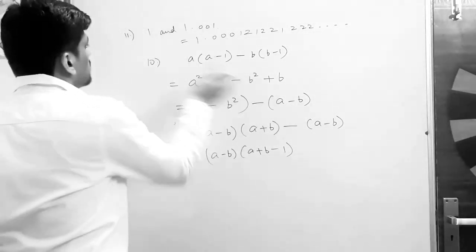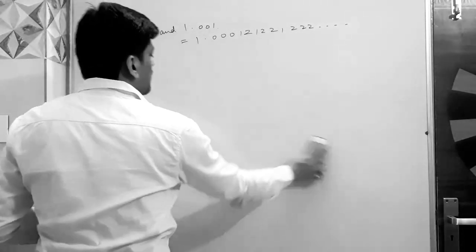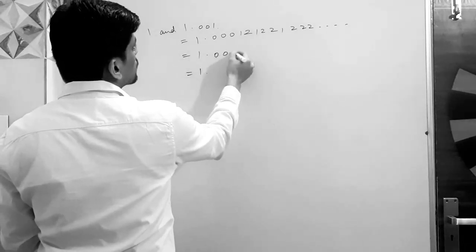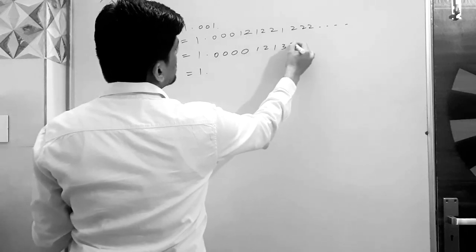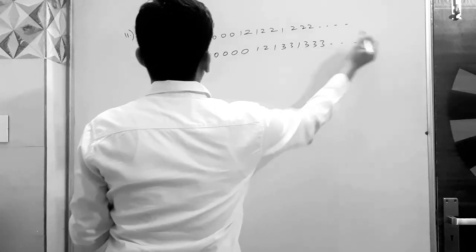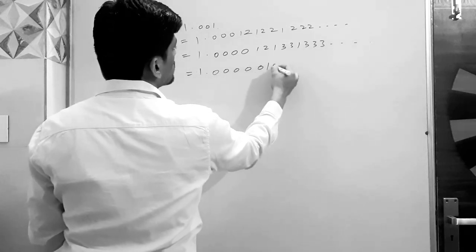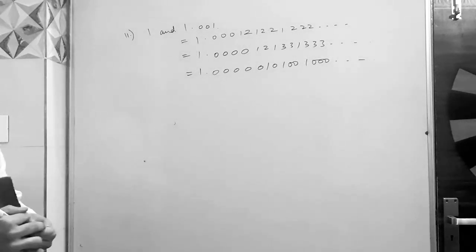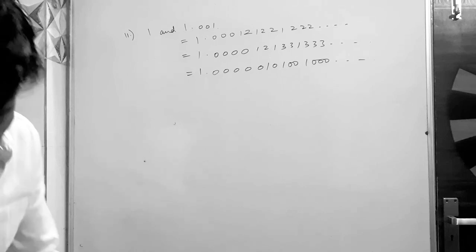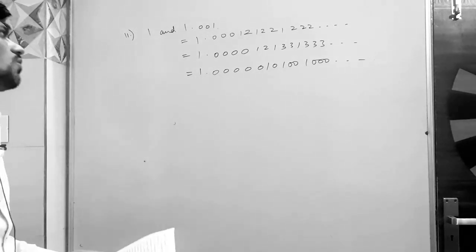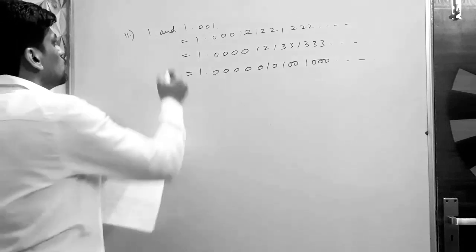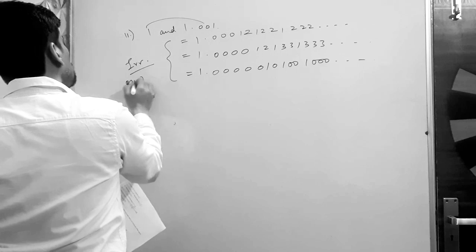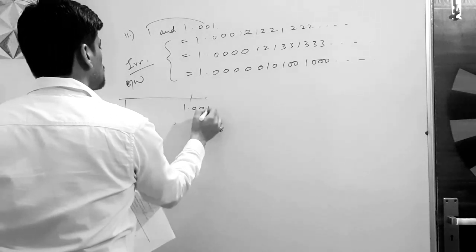Okay, so you can design more numbers as well, like this. So first number, second, third. I'll write three numbers: 0, 0, 0, 0, 1, 2, 1, 3, 3, 1, 3, 3, 3, and so on. Whatever comes to my mind, I'll just write it. You can make your own pattern as well. There's no problem. All those numbers will also lie between these two, and definitely these are irrational numbers between 1 and 1.001.